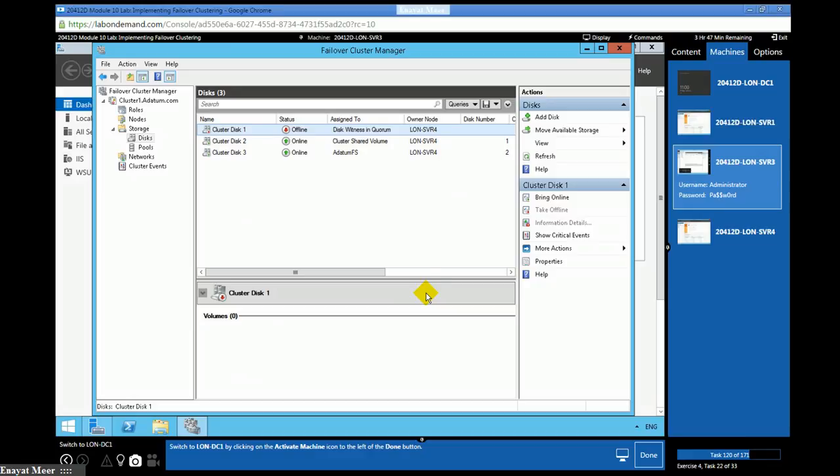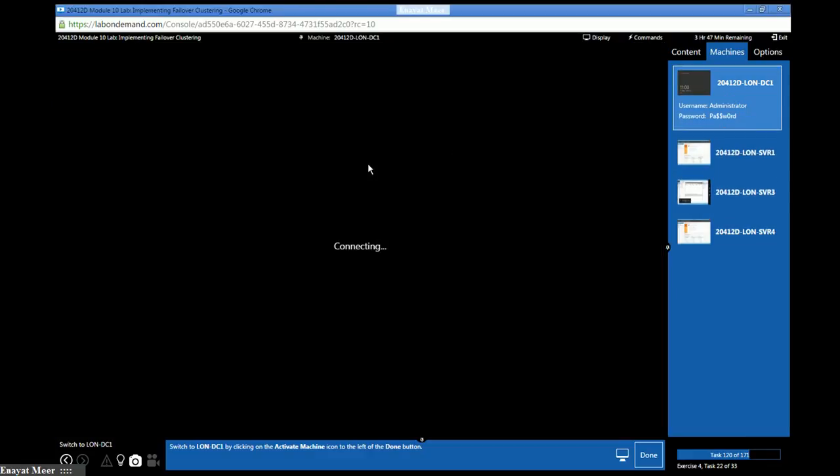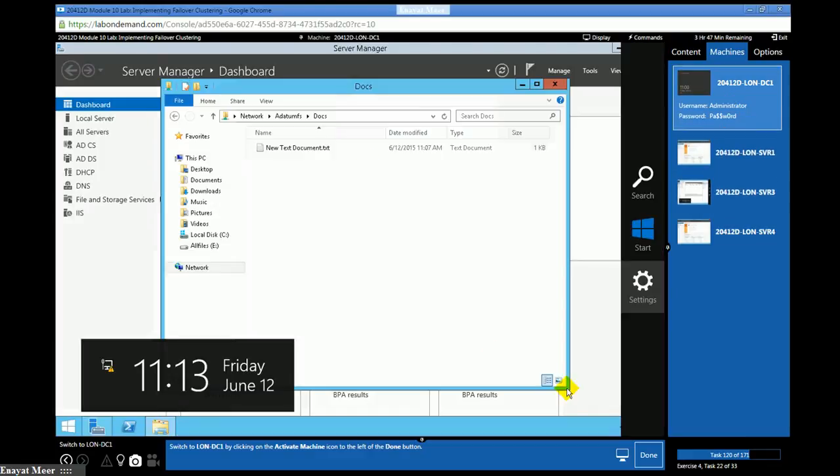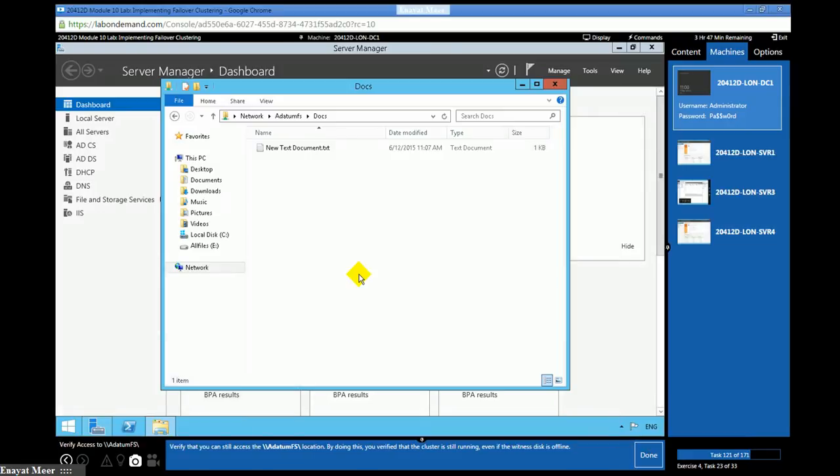Going back to DC. So even if the witness disk is offline, the cluster should be running. All right, so you still have access to the docs folder, which is under Adatum FS.